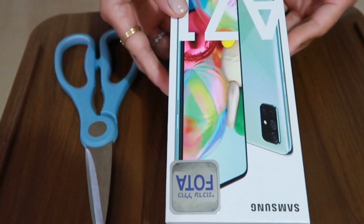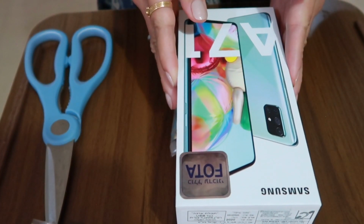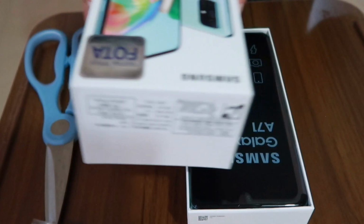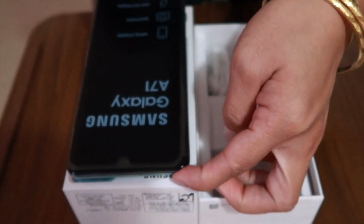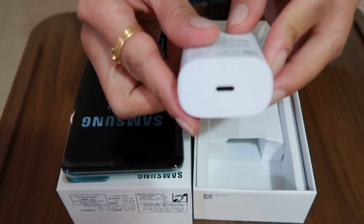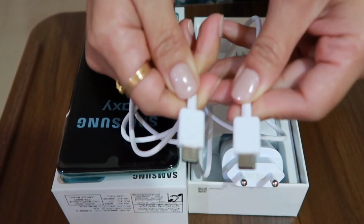And here is the Samsung Galaxy A71 specifications. This was released last January 17, 2020 with 128GB storage, micro SD-XC. Network technology GSM, HSPA, and LTE with body dimensions of 6.44 by 2.99 by 0.30 inches and weighs 179 grams. It is built with glass front Gorilla Glass 3 with plastic back and plastic frame with single SIM and dual SIM. The package contents include the device, the USB power adapter, USB cable, earphones, ejection pin, quick start guide, and